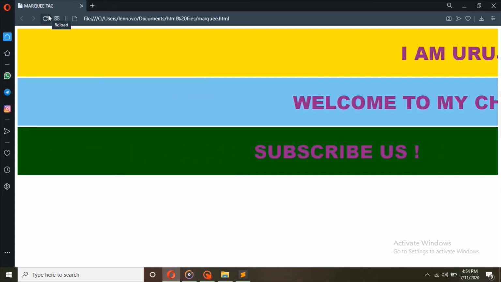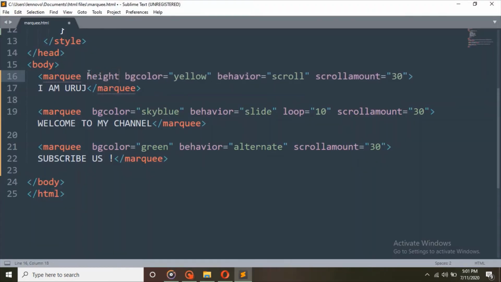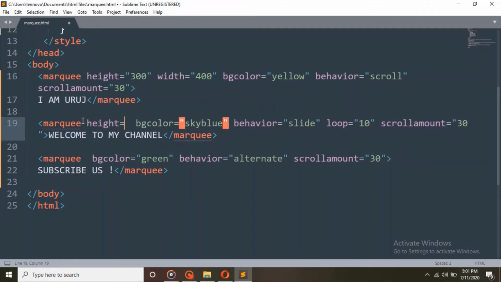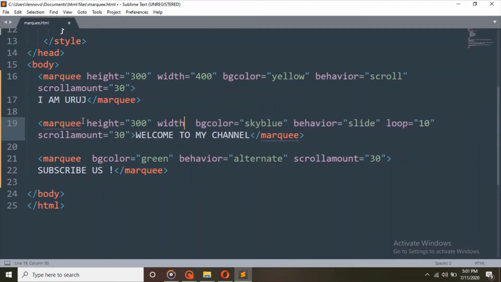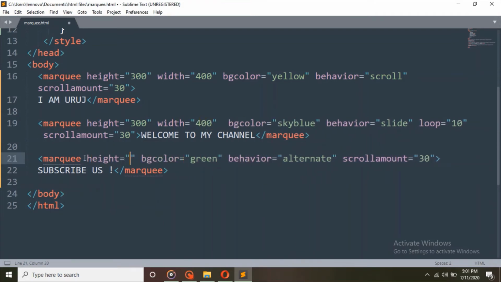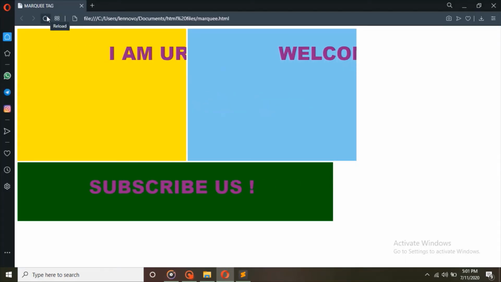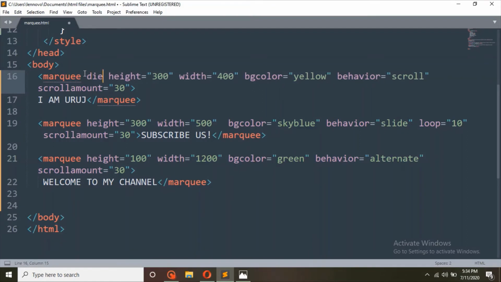So I'm adding height 300 and width 400. In the third one, I'm adding height 100 and width 800. I've just added different heights so you can see what height and width attributes do to your Marquee tag.